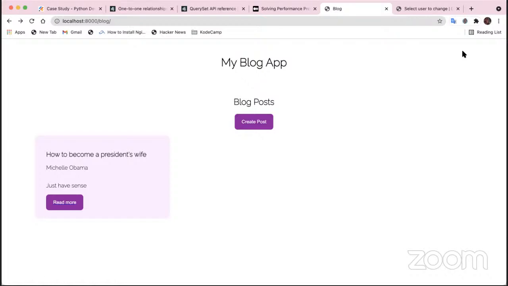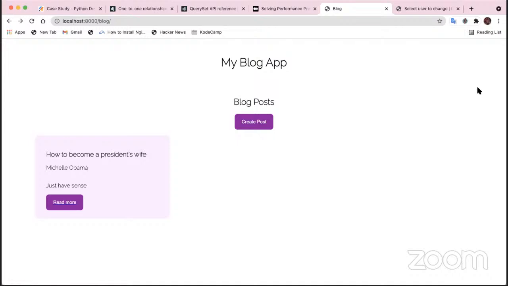But if you don't want those kinds of checks, you can create your own form from scratch. It depends on what you want to do. So you can create your form from scratch, or you can